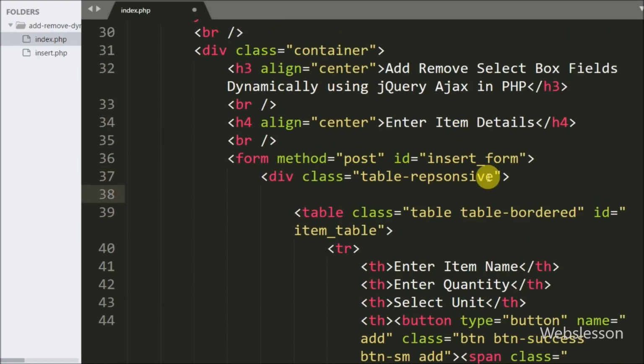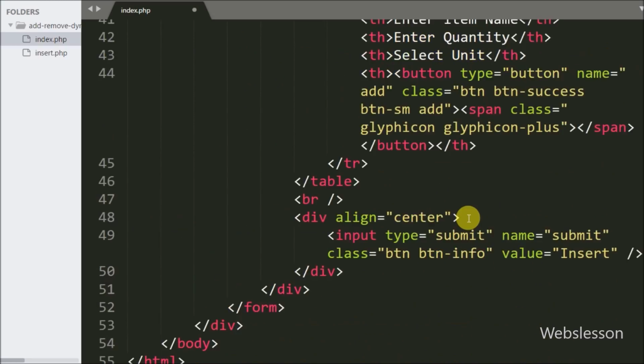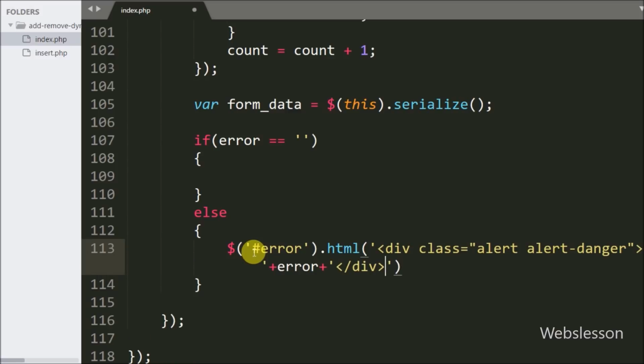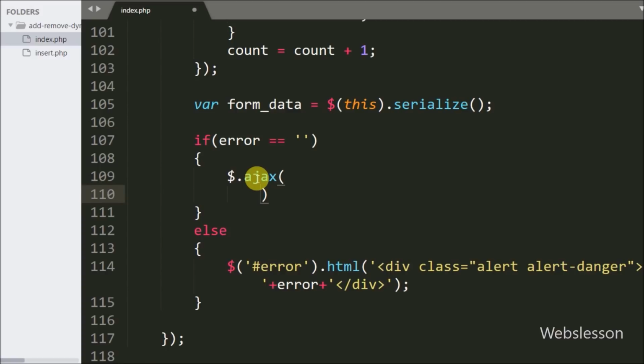So to display the error message here we have defined one span tag with the id attribute equal to error. To display the error variable value under this span tag, we have written $ with span tag id error with the html method, and under this method we have written the error variable value. This code will display the error under this span tag with id error. But suppose the error variable value is blank, then it will execute the else block of code, and under this block we